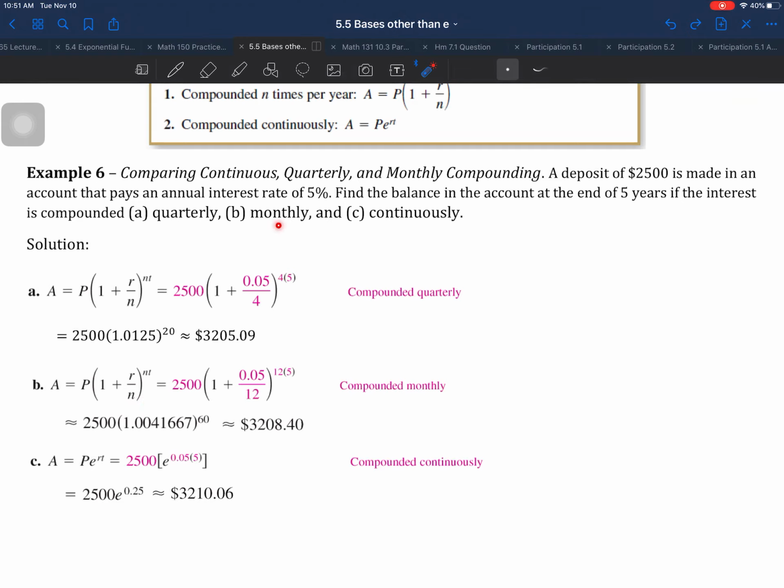And if we want to do this monthly, then it's the same setup, except n is going to be 12. Remember, for monthly, you ask yourself how many times this period happens in a year. It happens 12 times. So that means n is 12. And then you put it in the calculator, and that gives you